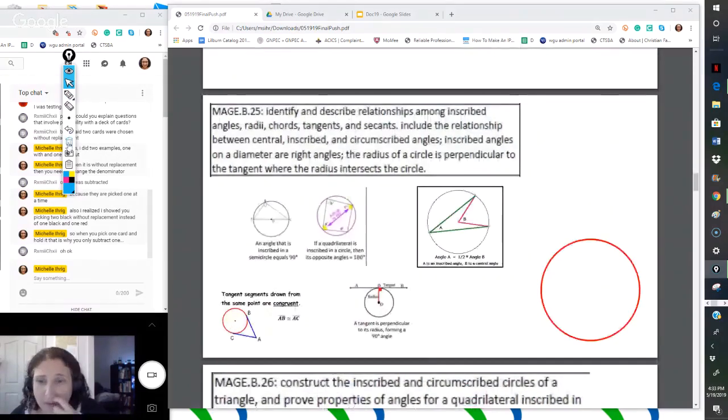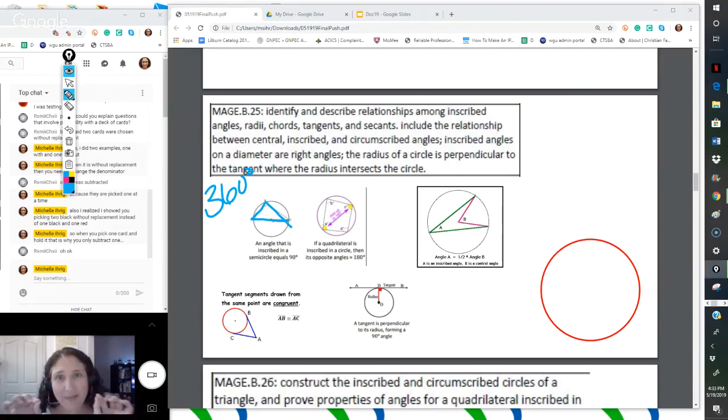Okay, there is one DOK2 question, I believe, on this topic. The only thing I could think of to make it a DOK2 is that it had to be tricky. So these are the only tricks I could think about. Remember that when you have a diameter of a circle, a whole circle is 360 degrees, so a diameter cuts it in half. If you have an angle that has its endpoints on the diameter, that angle will always be